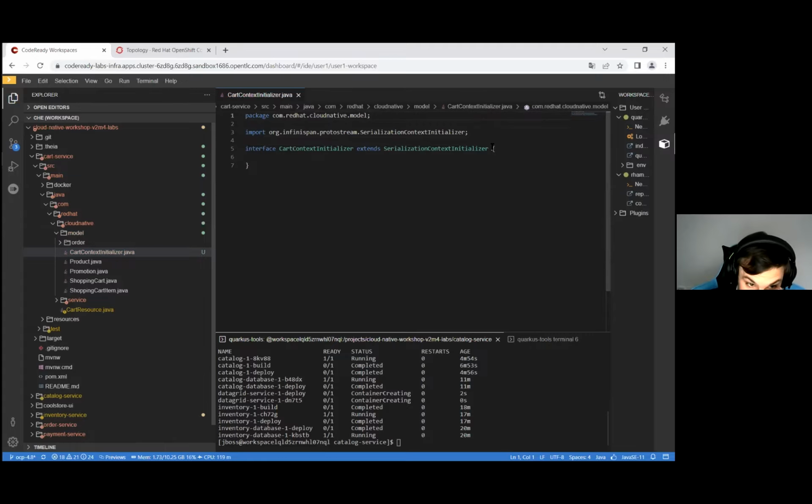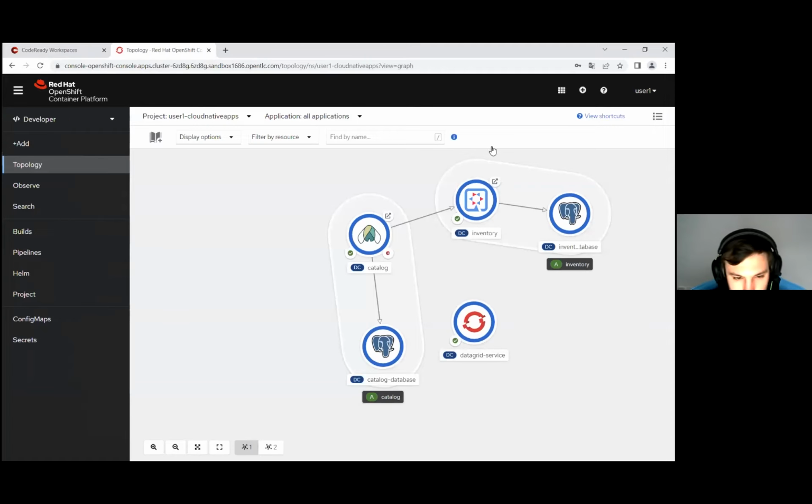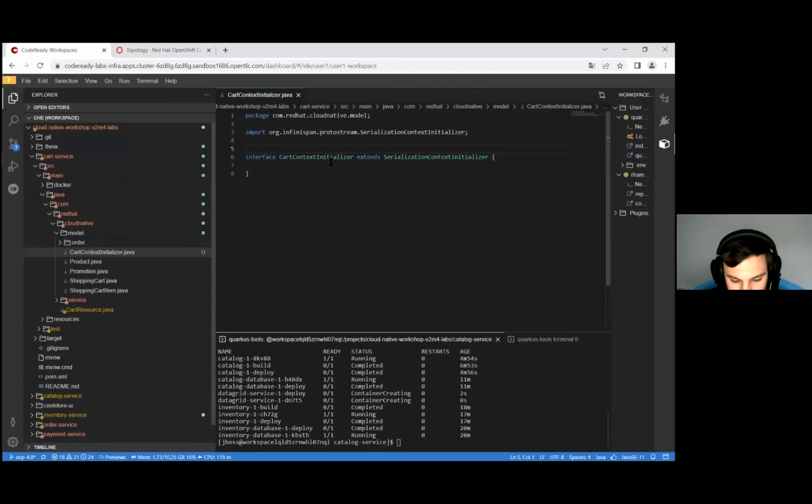So now what we need to add is the annotations. The annotation AutoProtoSchemaBuilder of Infinispan is going to be able to serialize the included classes,